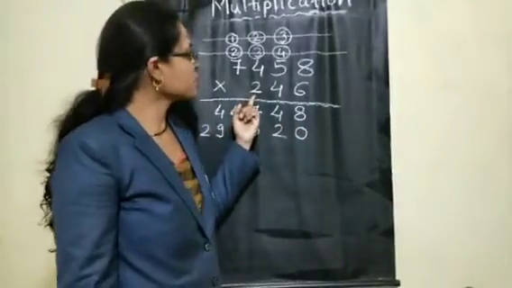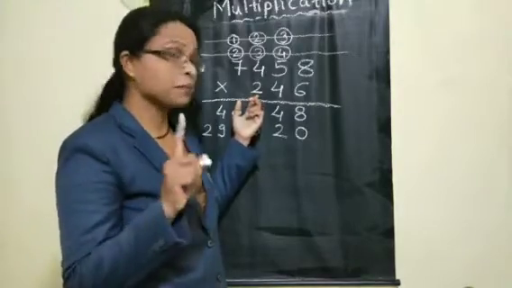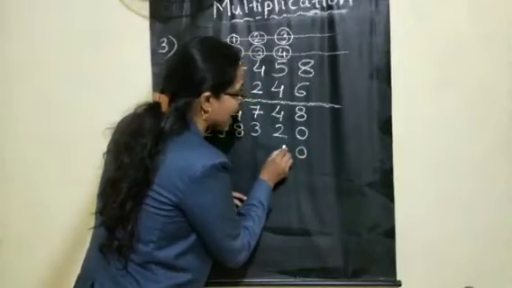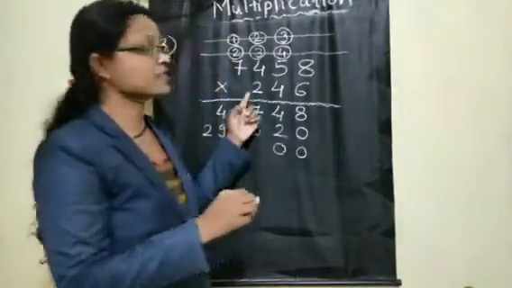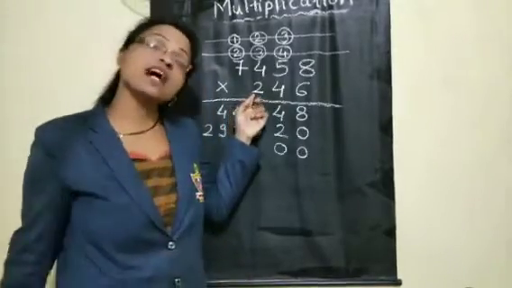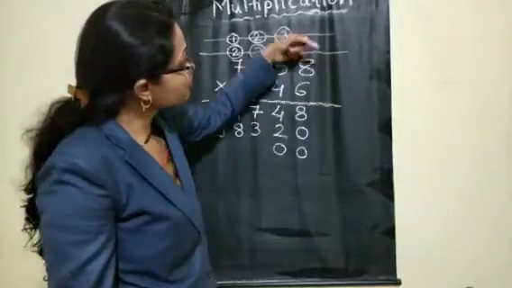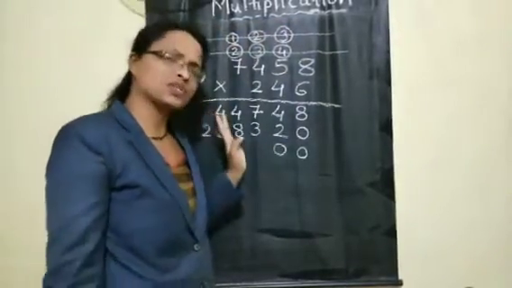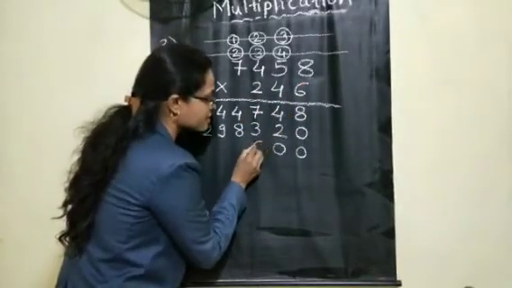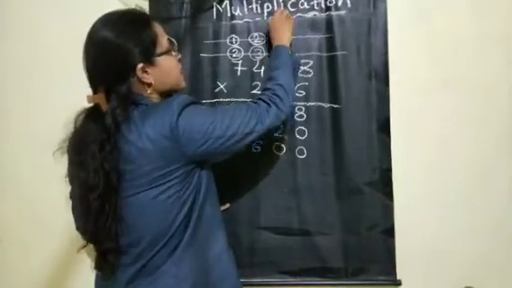Now third step means we are multiplying with the number present in the 100 place. Before that we have to put the 0 in the ones place and tens place because now we'll start multiplying by the 100 place number. So which number is present in the 100 place? 2. With the 2 again you multiply from the ones, tens, 100, 1000 and so on. Let us start now. 2 8s are 16. From that 16, 6 write down. 1 will carry forward to the next place, that is the tens place.